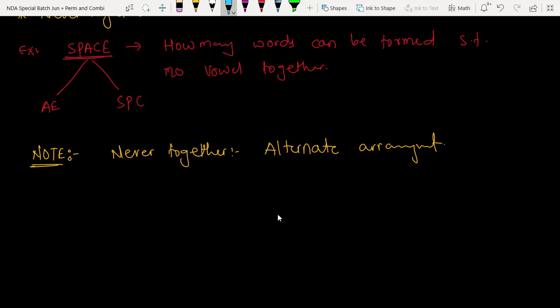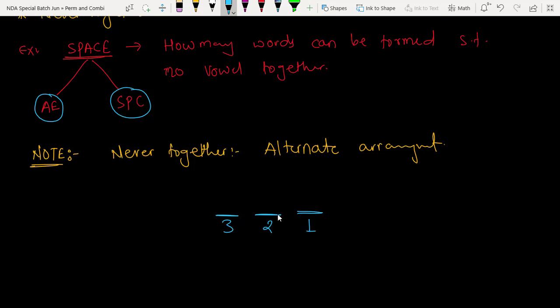I will tell you now what that means. देखो यहाँ पे we have the total word SPACE. So first of all, arrange the opposite objects. उन्होंने vowels को never together बोला है, तो उसका opposite आएंगे S, P, C, which are the consonants. So first arrange these consonants. These 3 can be arranged in how many ways? 3 factorial. देखो यहाँ पे 1 2 3. यहाँ पे 3 options. For this place I have 3 options. For this place how many options do I have? 2. And for this place, I have only 1 option.